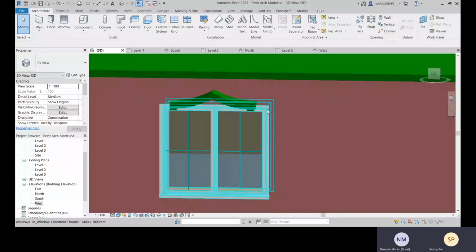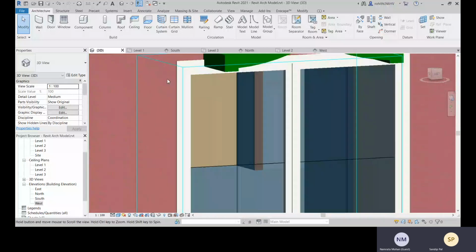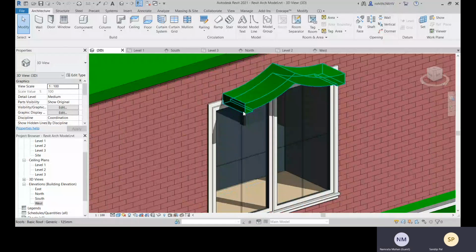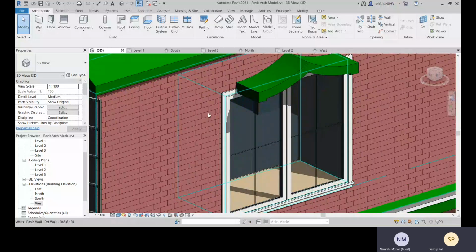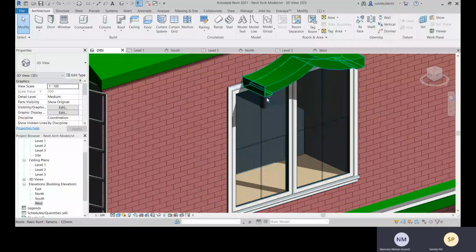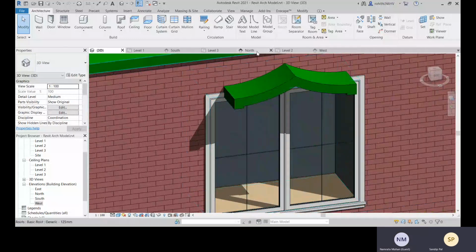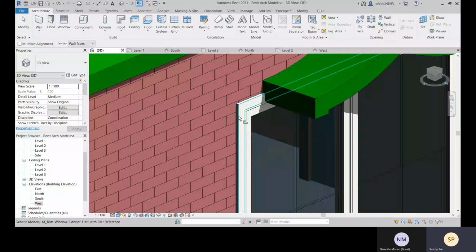So it's not in one family, no? How can we lock it? Is it possible? I was checking that. That is not possible here. I'm not able to lock this one. So you have to change it after that. It's better to have it in the wall family only. So it's better that you create it within your family.